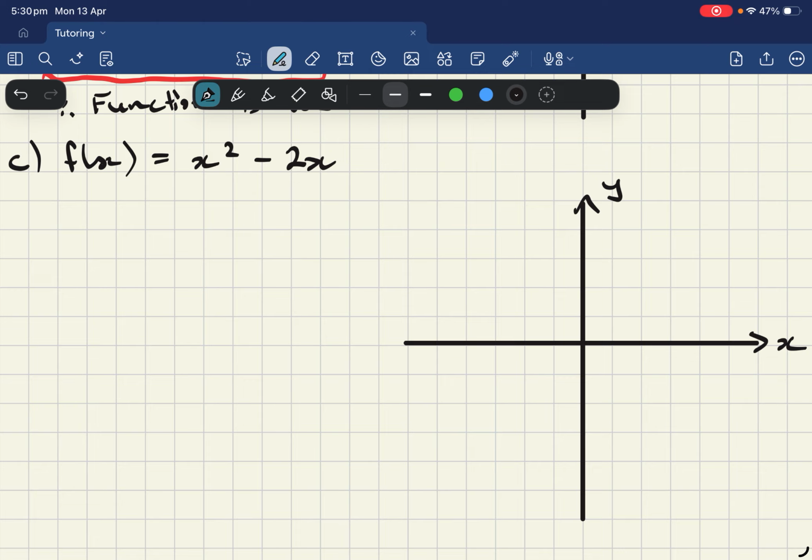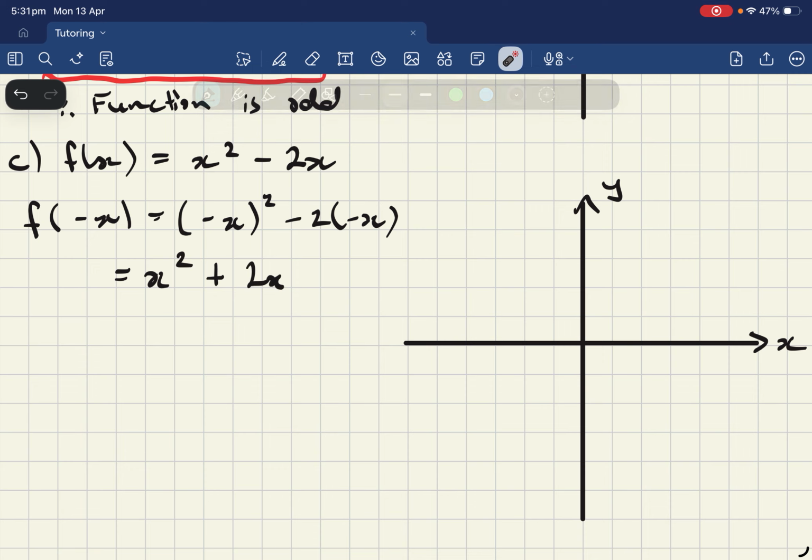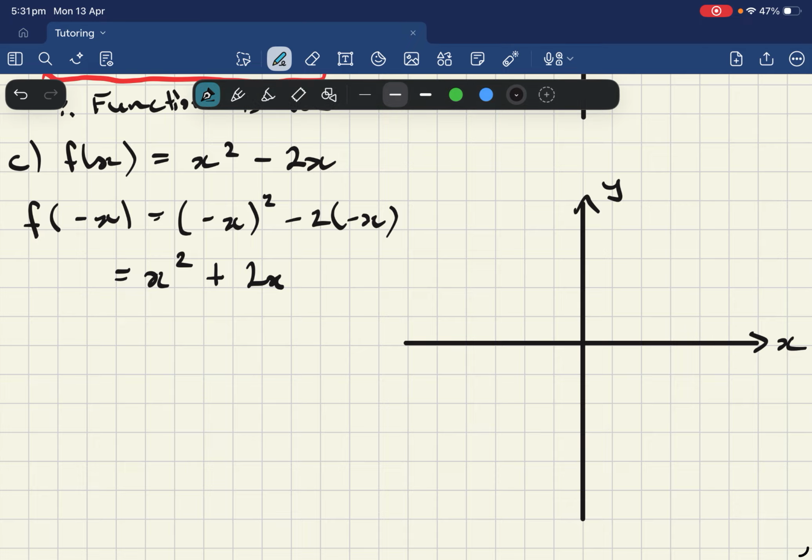We're going to test. So first of all, we'll test if it's an even function. So we'll say negative x squared minus 2 times negative x. This is going to give us x squared, positive x squared, plus 2x. So we can see that this won't be an even function because while these two bits are the same, the sign has changed from negative to a positive. And if we test